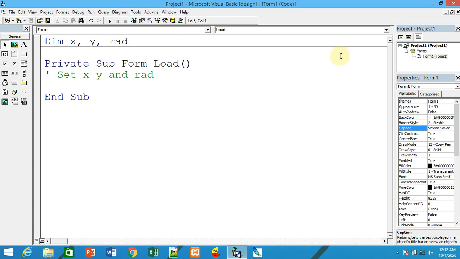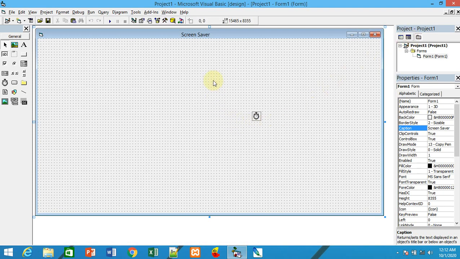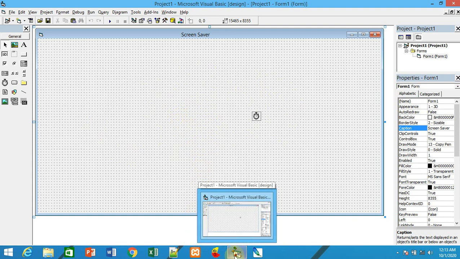Say where exactly the circle should be displayed. If you take the center point, it is approximately this one. This is the center point from where the circle should be drawn with different radius. Even though the radius value is going to change, all the circles' center points will be the same, isn't it? The radius may be this much, this much, this much.